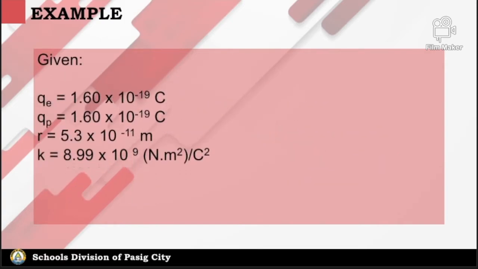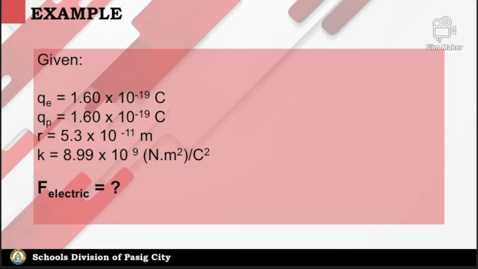Given the charges of electrons and protons, which is equal to 1.6 times 10 raised to negative 19 coulomb, and R, which is equal to 5.3 times 10 raised to negative 11 meter. Also given the constant value K, which is 8.99 times 10 raised to 9 Newton meter squared per Coulomb squared,